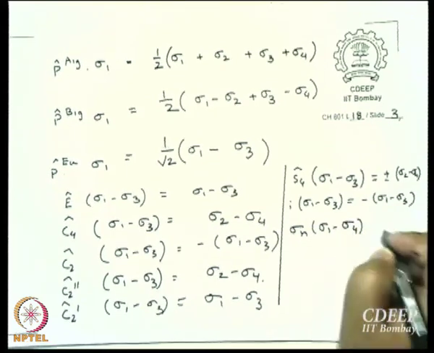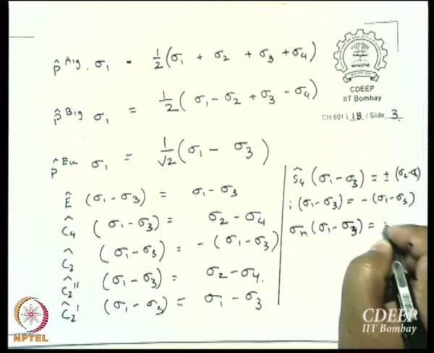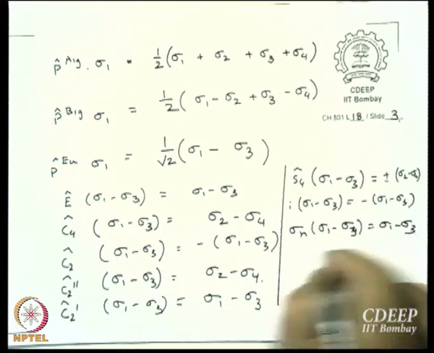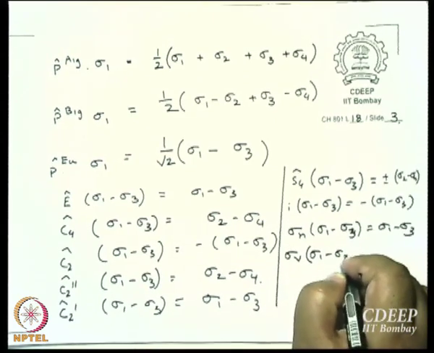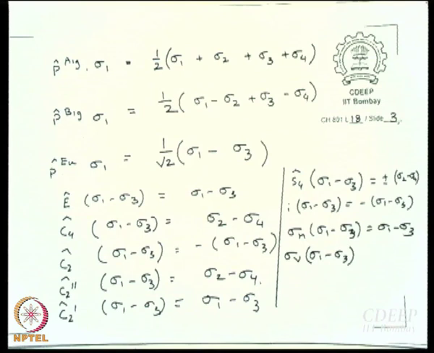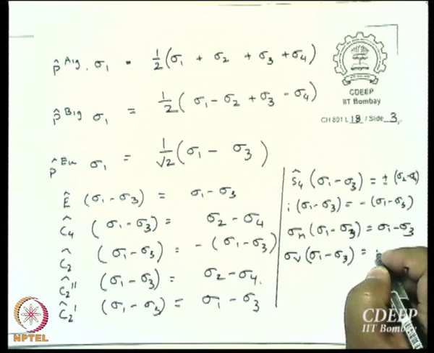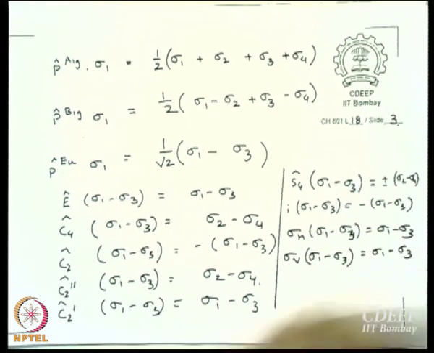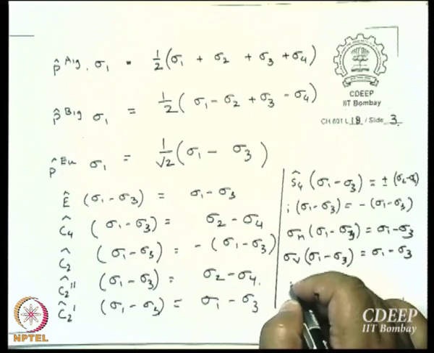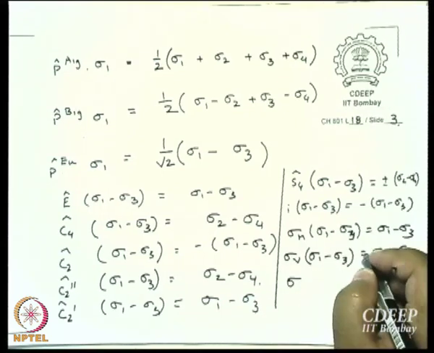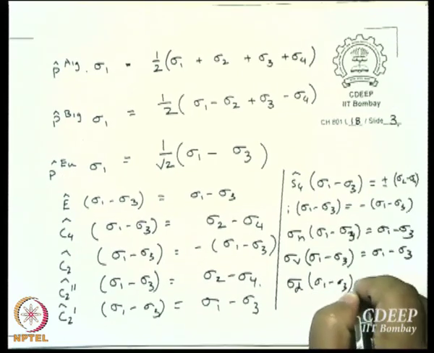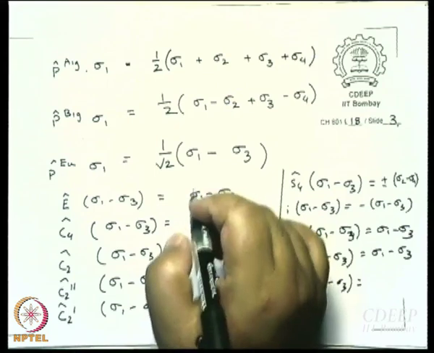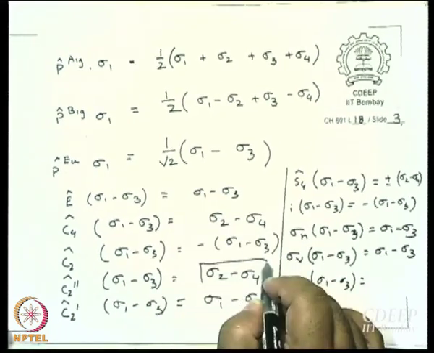I will not insult your intelligence by asking you this. Sigma v, sigma v. Okay, you do not want your intelligence to be insulted, so I will write it. Sigma d plus minus, right? Plus minus, fine. Sigma d, sigma 1 minus sigma 3 once again. So then sigma 2 minus sigma 4 is the fourth,